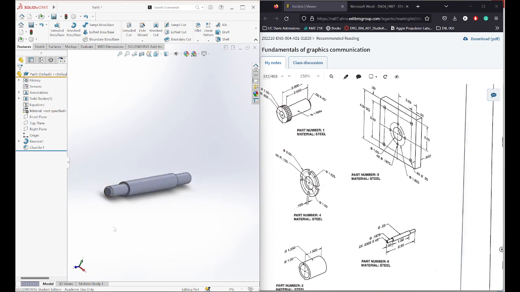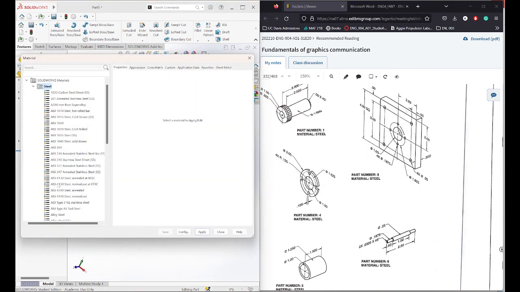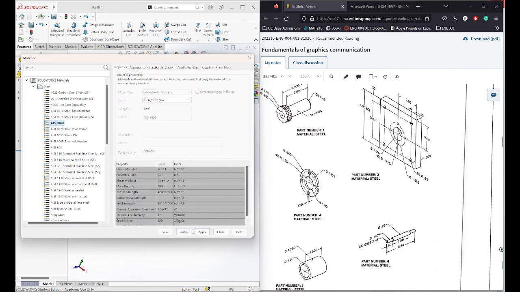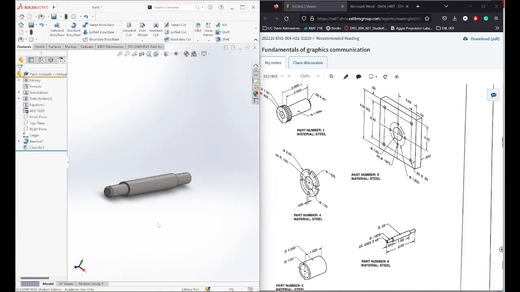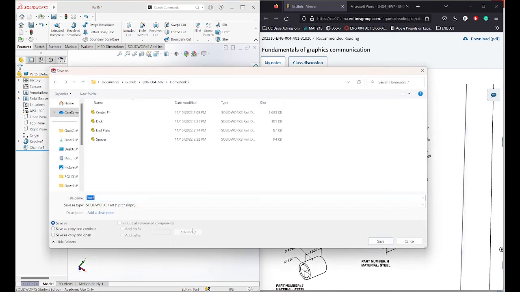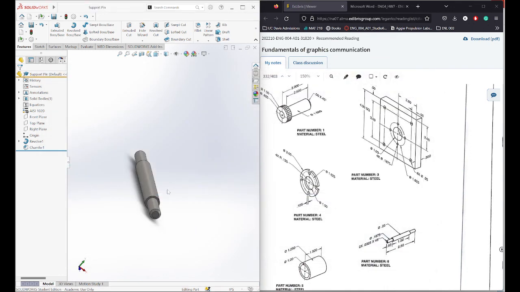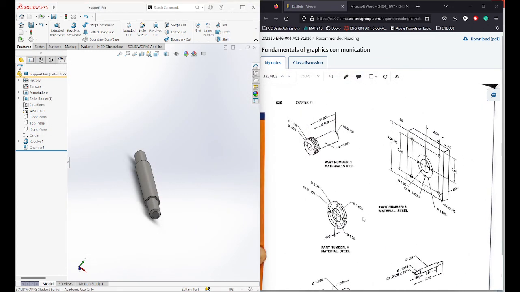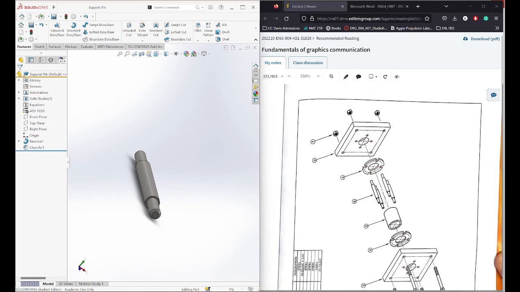Okay, we are done. Just the material of the part, and then we're done. So the material, I'm again going to go with ANSI 1020, apply, close, and then save this part as support pin. Okay, we are done with the parts. We need to do the assembly and the